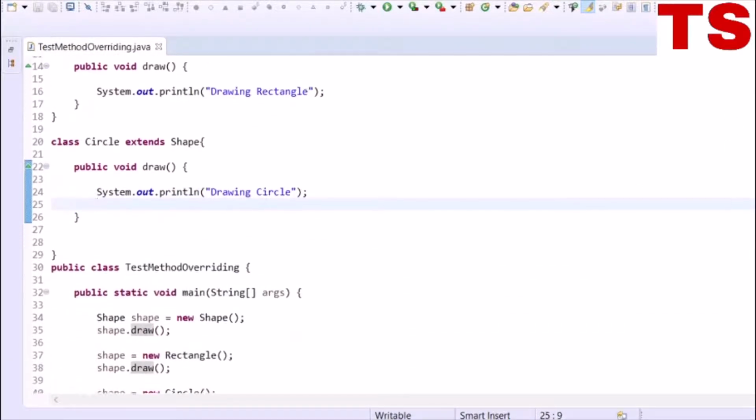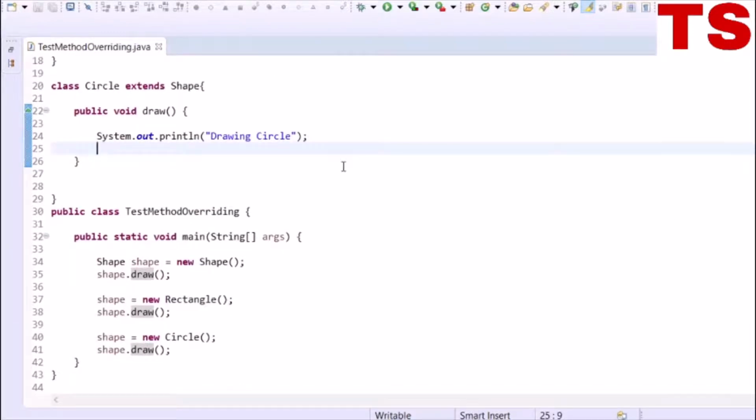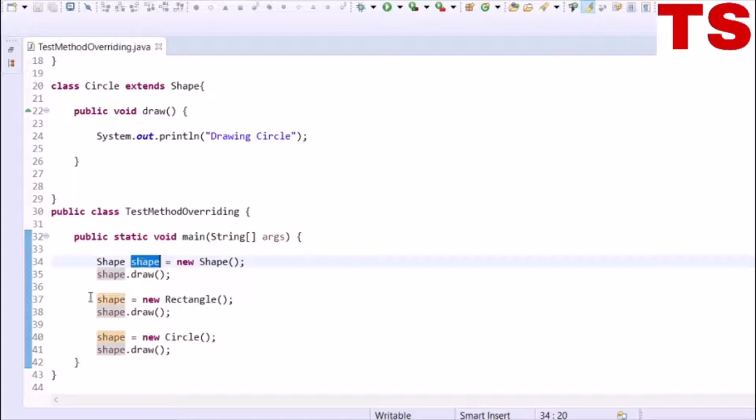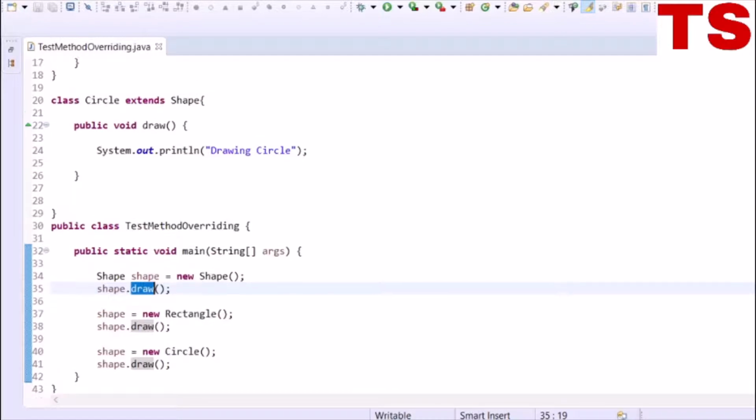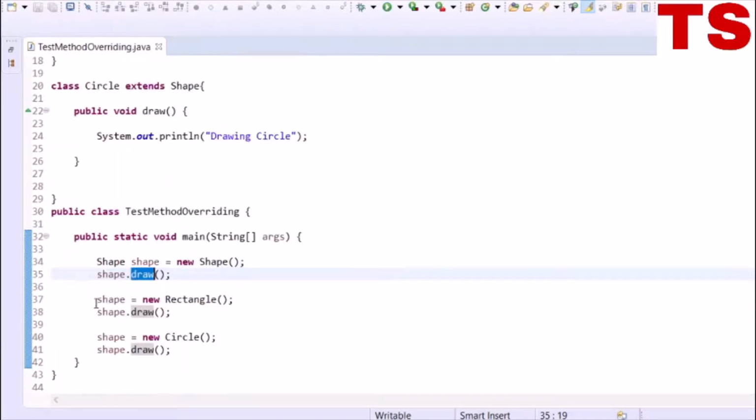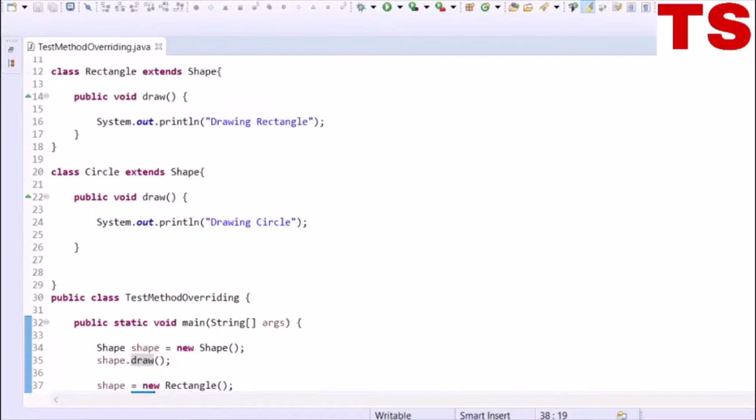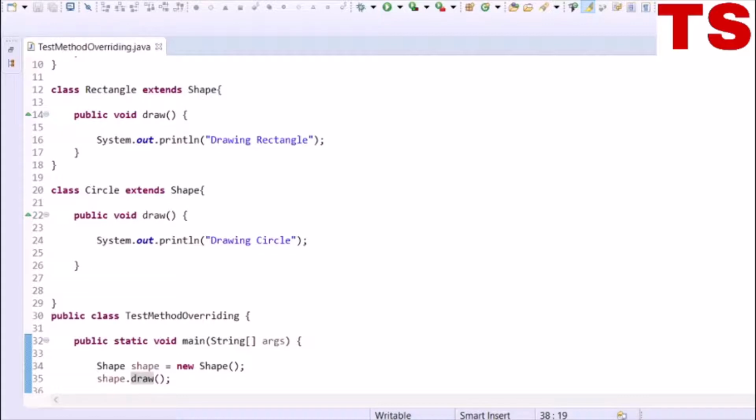Now in this test method class we are creating an instance of Shape and calling its draw method, which calls the draw method of the Shape class. Here the Shape reference variable is pointing to a Rectangle class instance, and this draw method would call the draw method of the Rectangle class, which prints drawing rectangle.